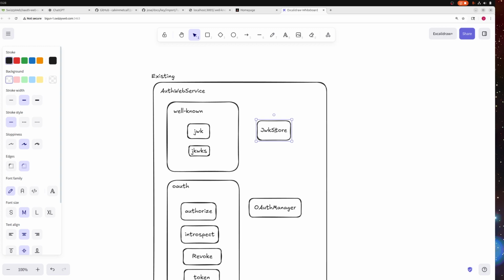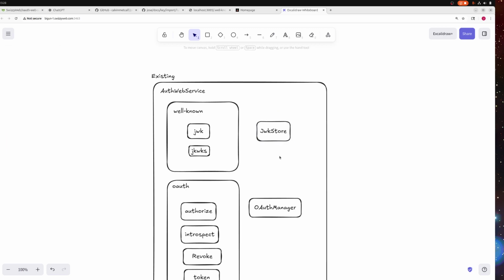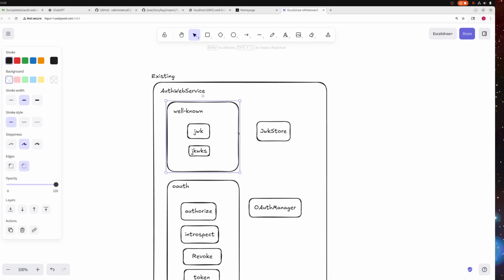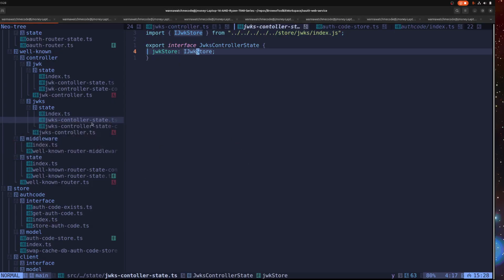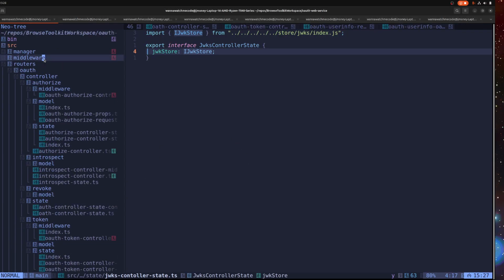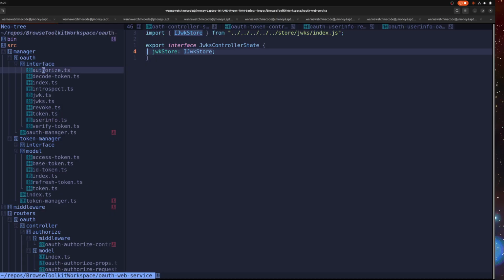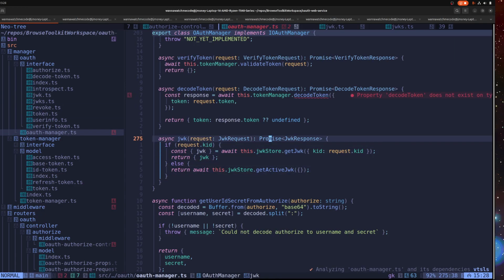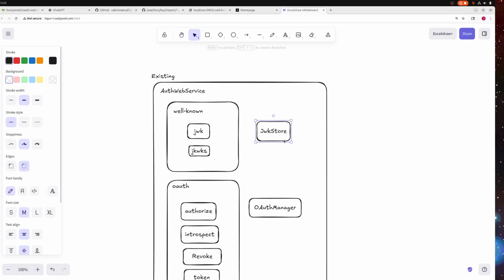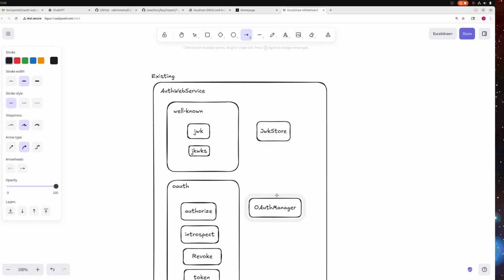Okay, and then manager, token manager. So there's the auth manager, JWK. Okay, so this actually 5,